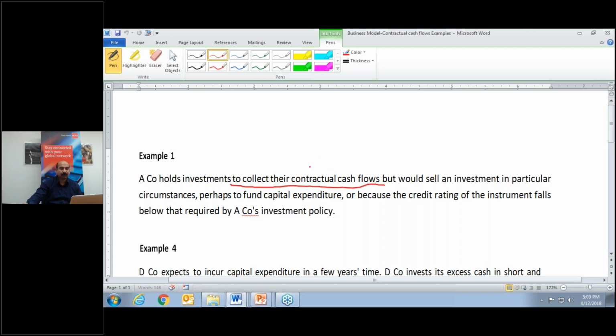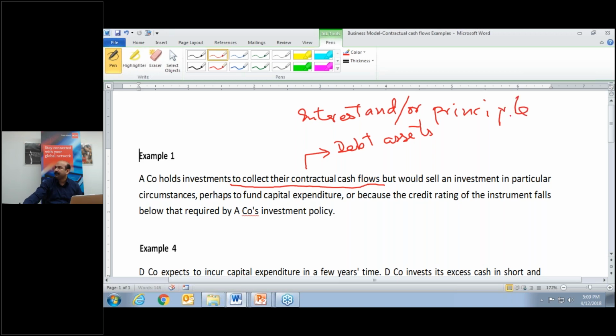What are those contractual cash flows? Of course, here we are discussing financial assets that are debt assets, and those are in fact interest. Contractual cash flows are basically interest and or principal. So that's why a company can apply amortized cost. Why? Because